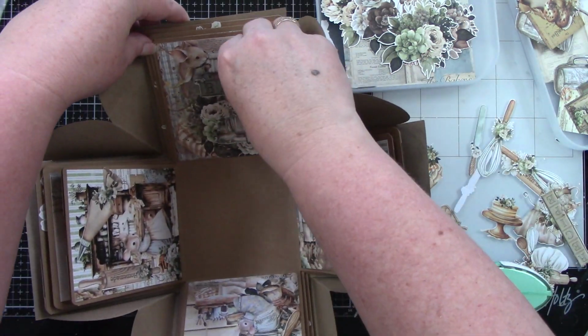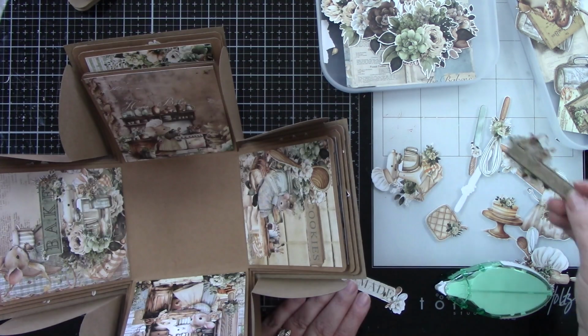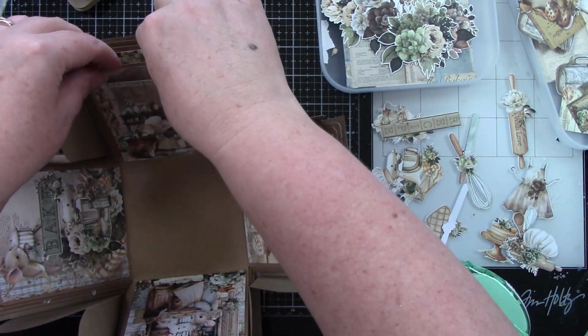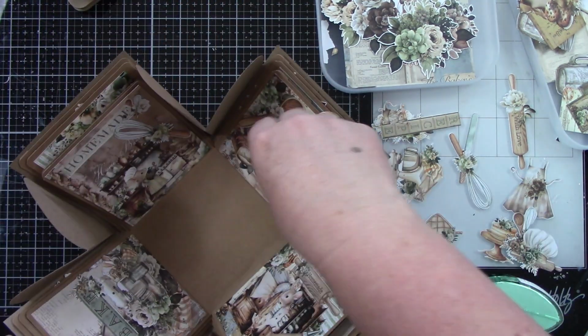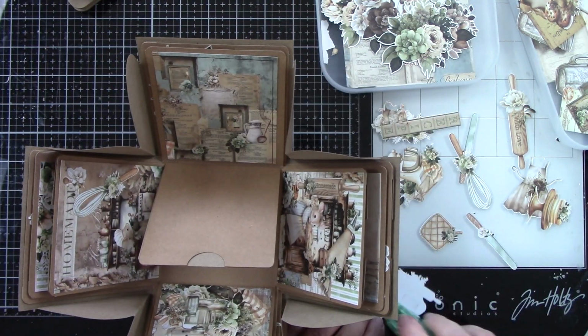And I think it turned out really, really cute. I'm not someone who really does things with ephemera, but I'm definitely going to start now because this was really fun and easy just to layer things. And yeah, it turned out really, really cute. So if I can do this, you guys can do this for sure. And then I'm going to do it on that back layer,